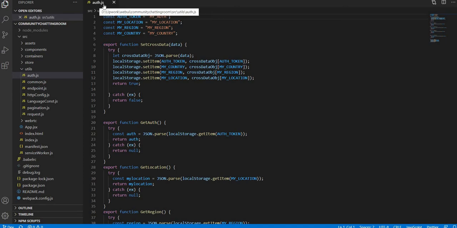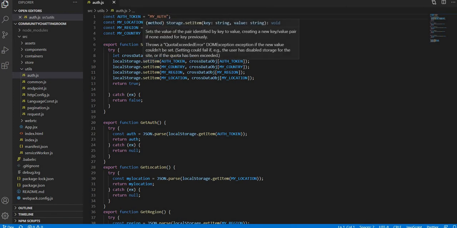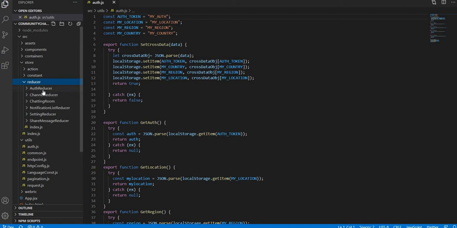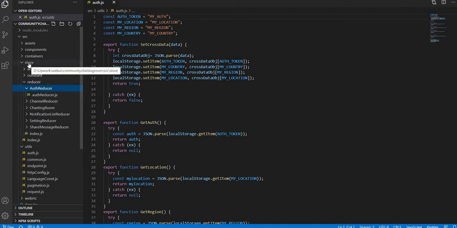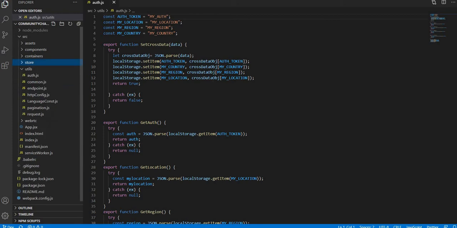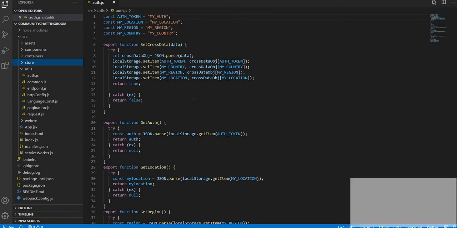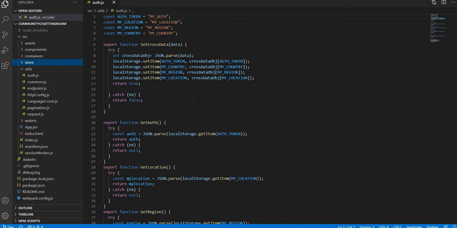So you no need to call auth.js directly from your component. If you need that data, you have to call it from a reducer. In that reducer section, we have the auth reducer, right? That one you have to call within your component level, and you will get all that data. The reducer section I will cover in another video. So just for your information, this auth.js has the user related basic information.